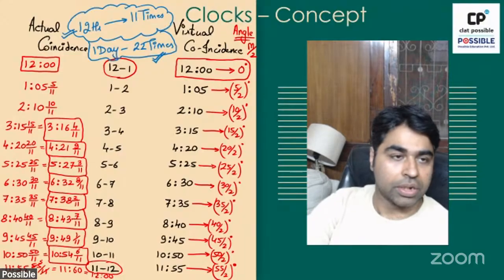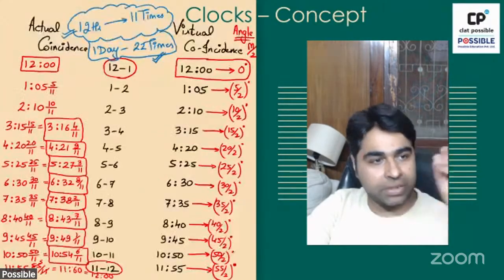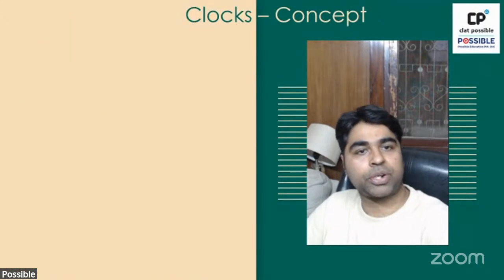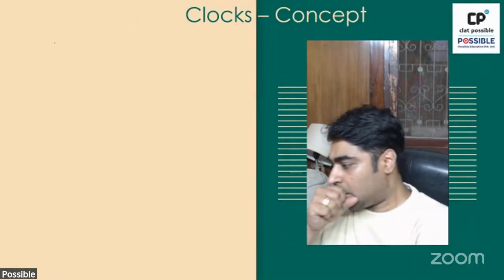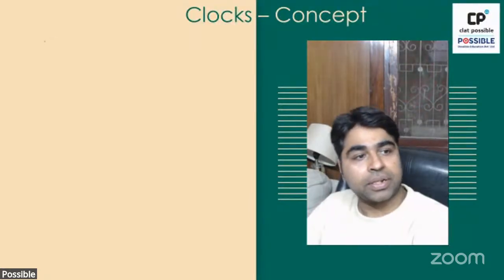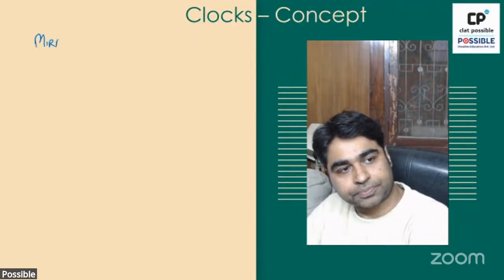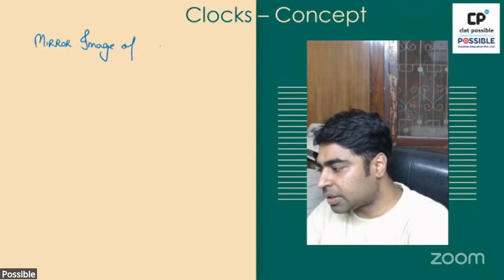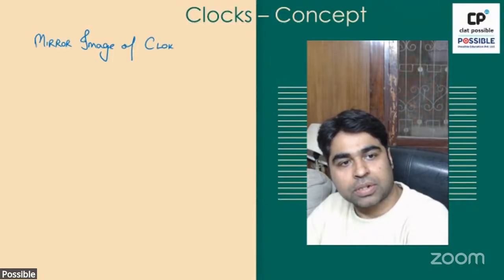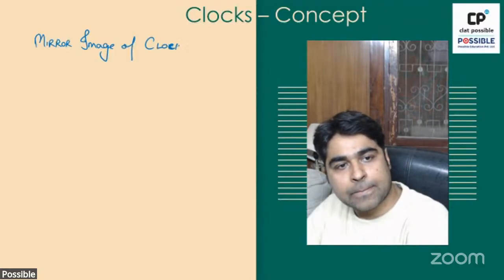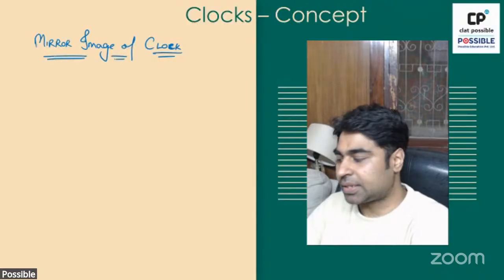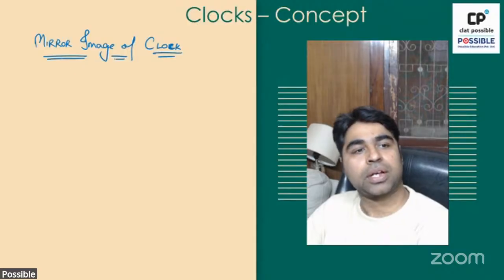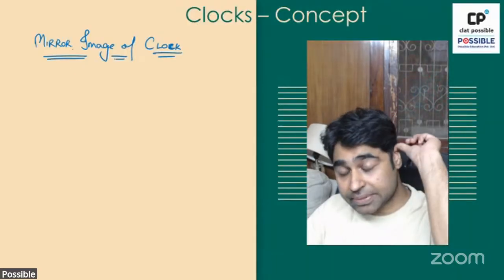Okay, so type 1, type 2, type 3, this is the fourth logic which I wanted to discuss with you. Now coming to the fifth logic, which is the mirror image of a clock. Okay, the mirror image of a clock. That is the next most important concept that you need to know. And how does it work? The mirror image of a clock. The logic is